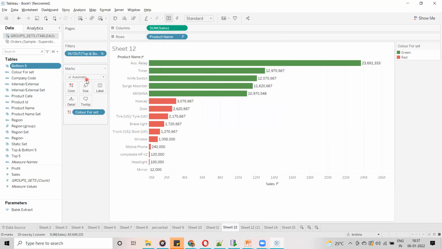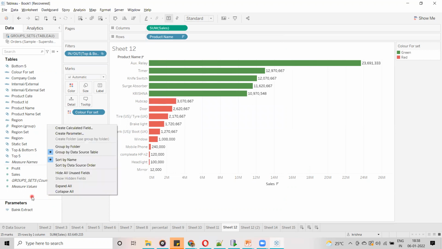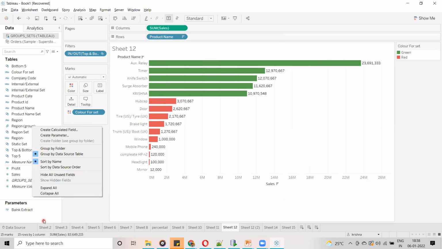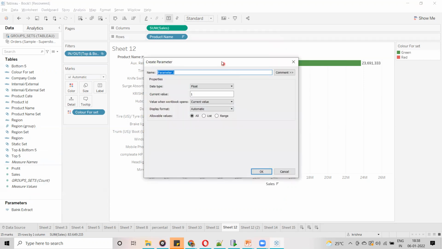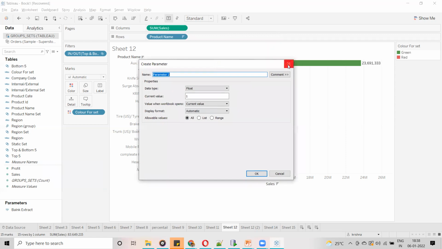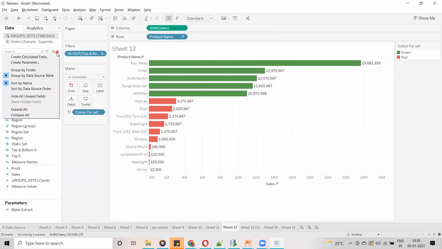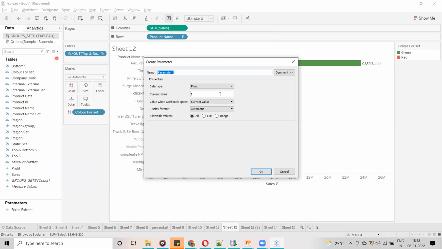Or you can create it by right clicking on the white space in this area, where you can see create parameter. Once you click on it, the parameter window opens. Another option is to click here and create a parameter. This is the way you can create a parameter.